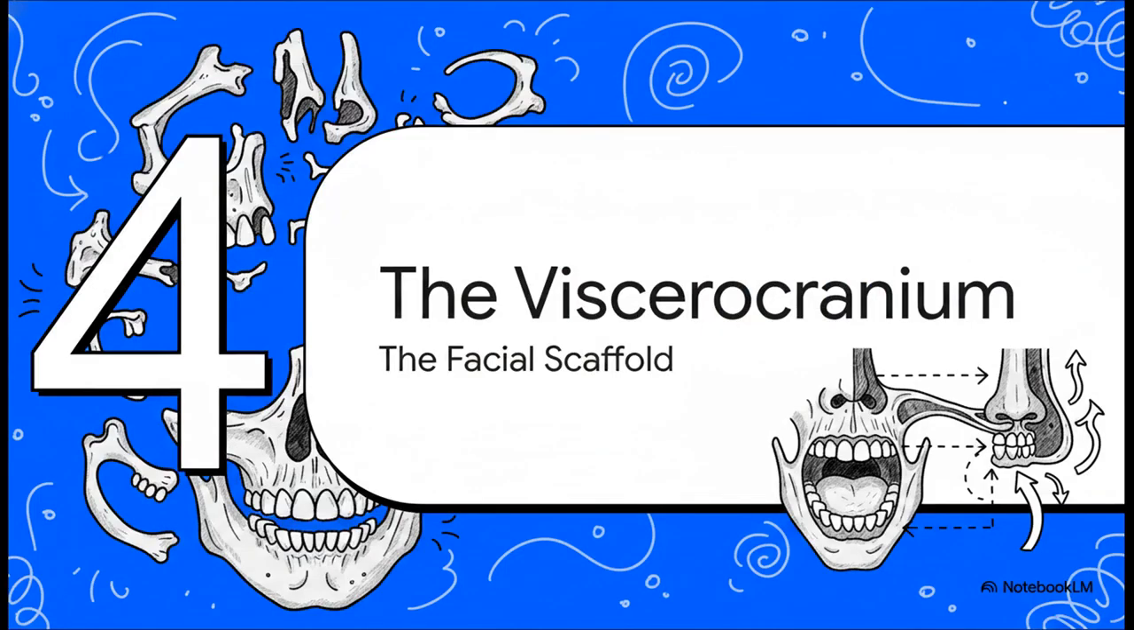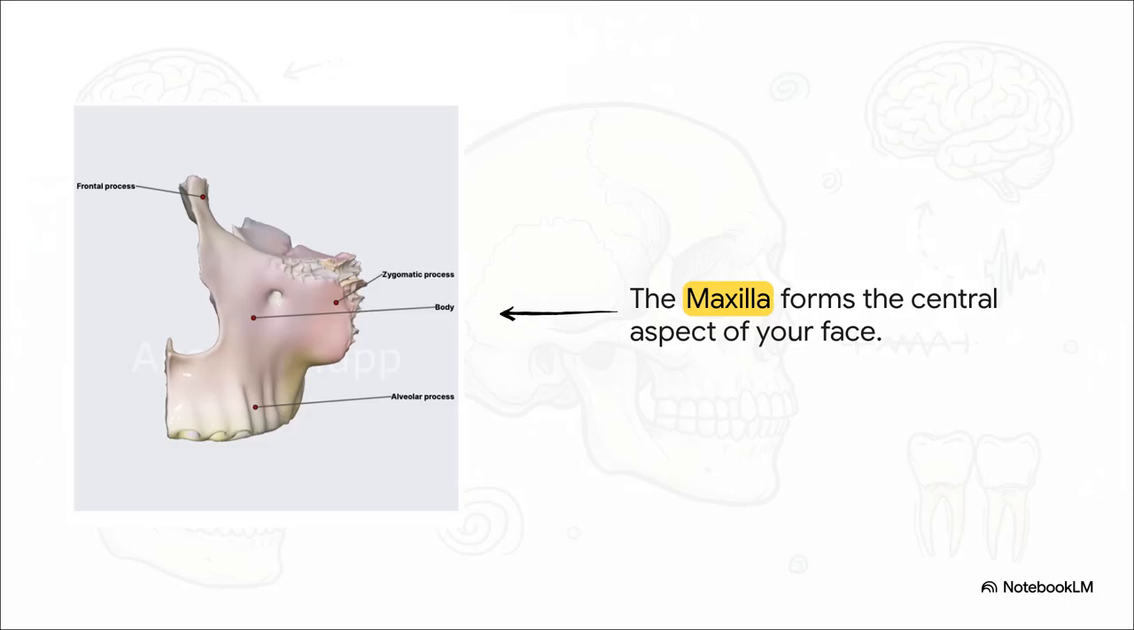Okay, let's shift gears to Section 4, the viscerocranium, or the facial scaffold. Now, shifting to the 14 bones of the facial skeleton, a really perfect example of functional design here is the maxilla. This scaffold doesn't just give us our distinct human faces, it actually houses the initial parts of both our